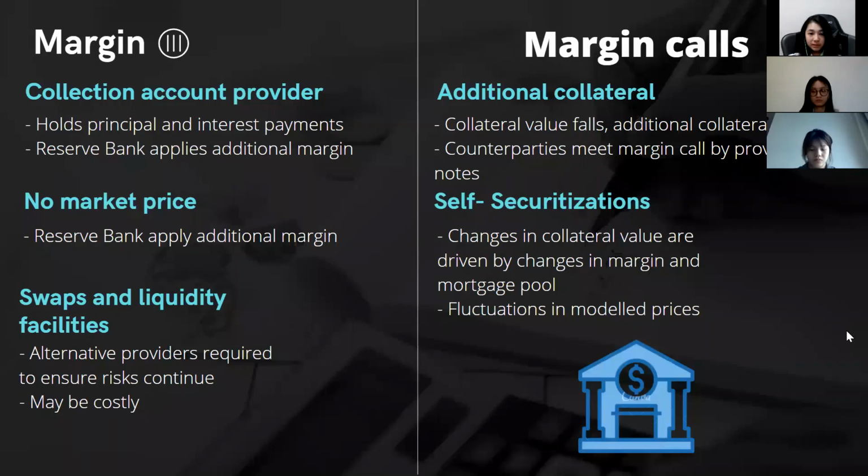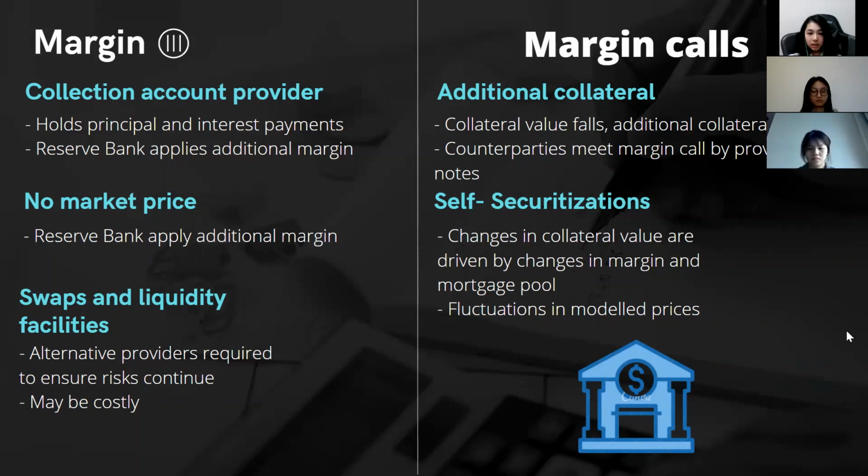The other way the Reserve Bank manages this risk is by using margins to protect itself against changes in the value of collateral held under repo. The Reserve Bank lends an amount of cash that is lower than the value of collateral presented by the counterparty. For a typical self-securitization, the sum of the additional margins can be at least as large as the base margin,